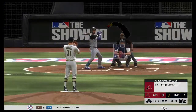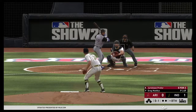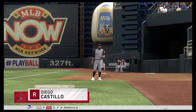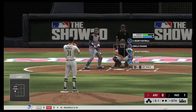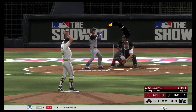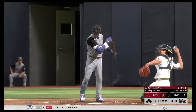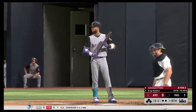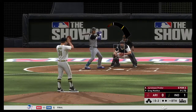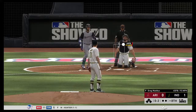Ready to begin the 8th, and standing in as the switch-hitting second baseman, Jurickson Profar. And looks like he got the call there on the pitch inside. It's 0-1. Action now in the Arizona bullpen as they have a right-hander up and throwing. Swing and a miss, and he's quickly in the hole. 0-2. There's another pitch for a strike, and this guy's really attacking hitters well tonight, being aggressive early on, and